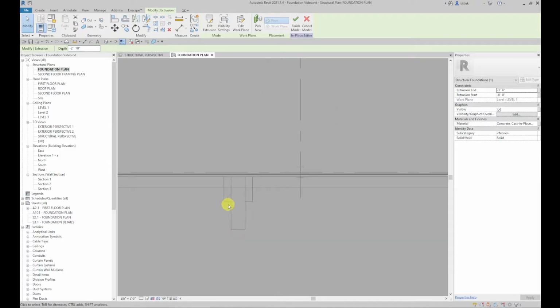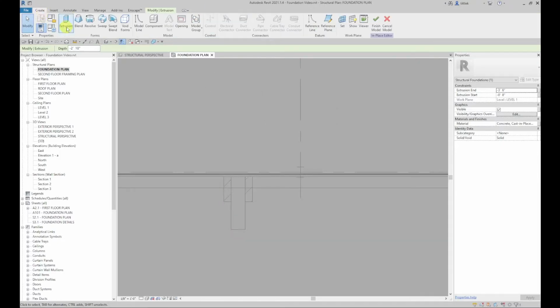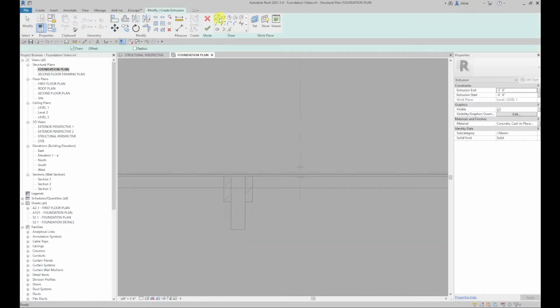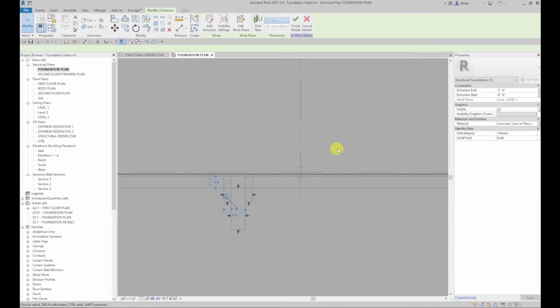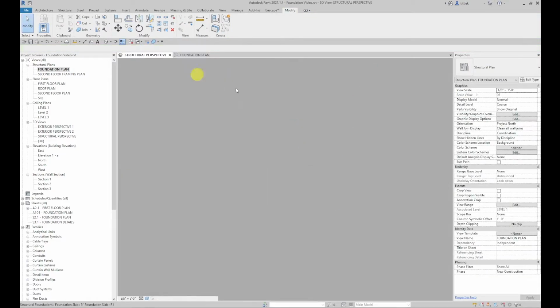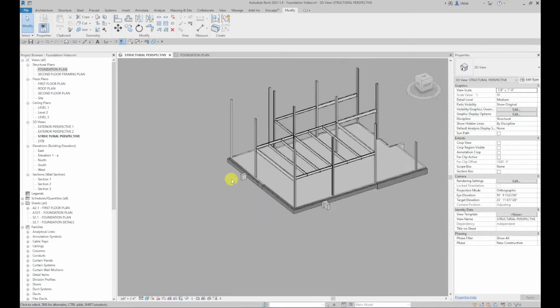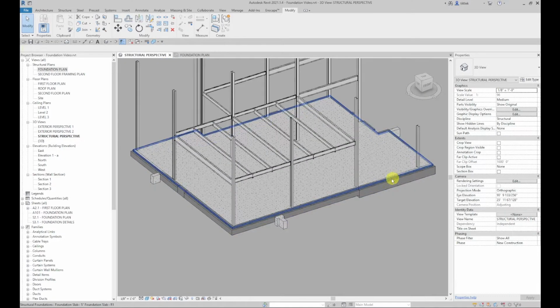zoom in here. Now this one I'm going to do create extrusion, but I'm going to use the line tool because it's an irregular shape. It's not a rectangle, and I'm going to trace that shape here and hit the green check mark and finish the model. Go back to my structural perspective, take a look at that, and we can see my